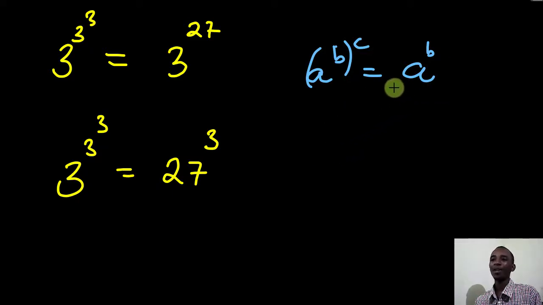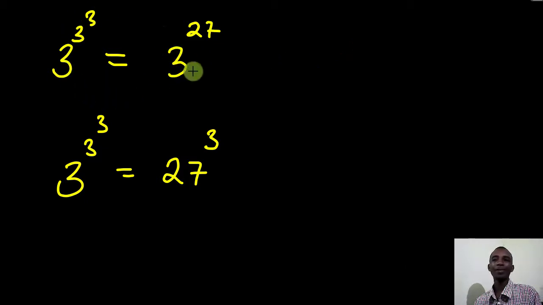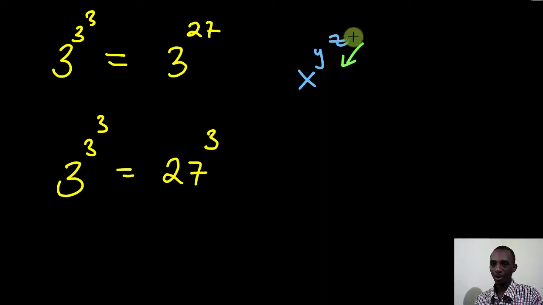a to the power whatever you get on top. So what happens if we don't have brackets, like here, 3 to the power 3 to the power 3? Well, it turns out that if you have, I'll write the same numbers, x to the power y to the power z, and there are no brackets indicated, then the golden rule is that we have to work downwards, starting from the exponents coming down. So this would be the same as x to the power y to the power z. So I have to begin with the power y to the power z,